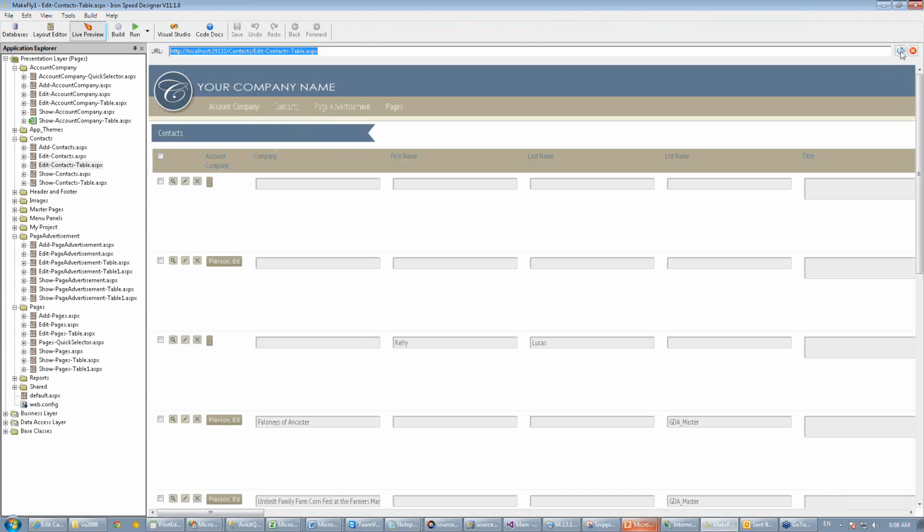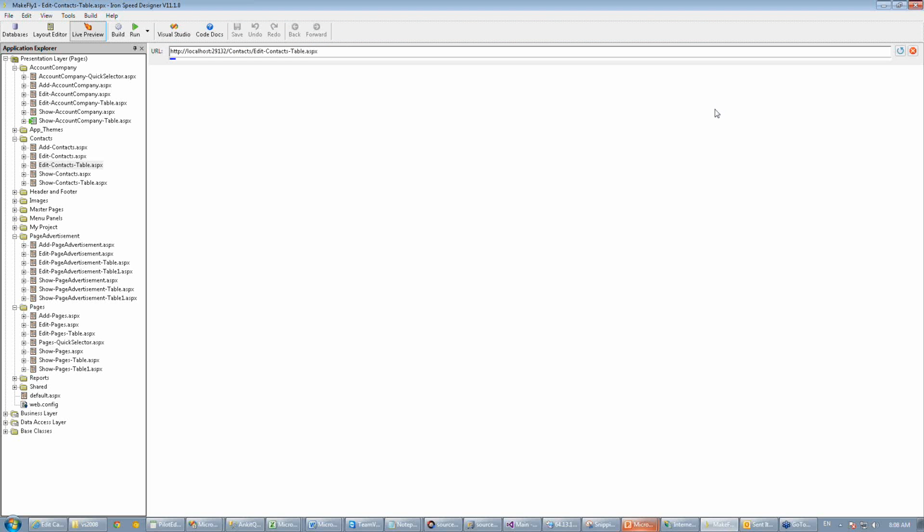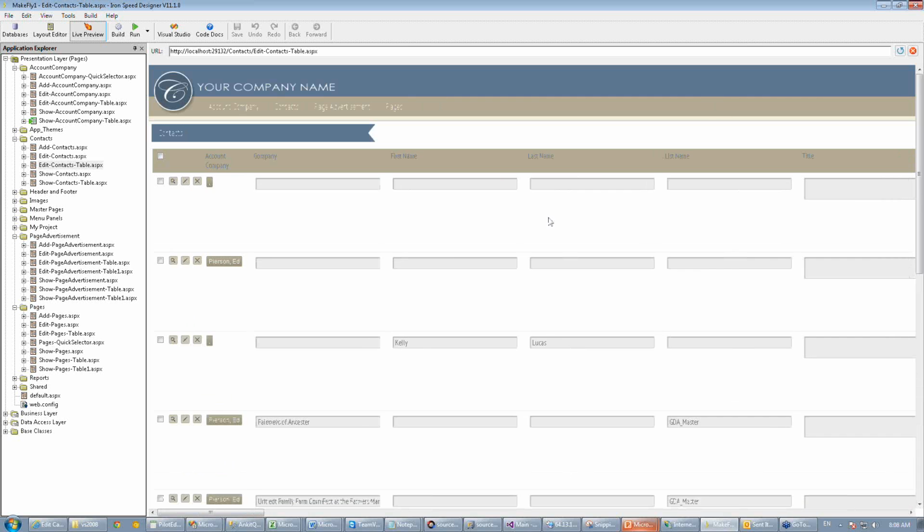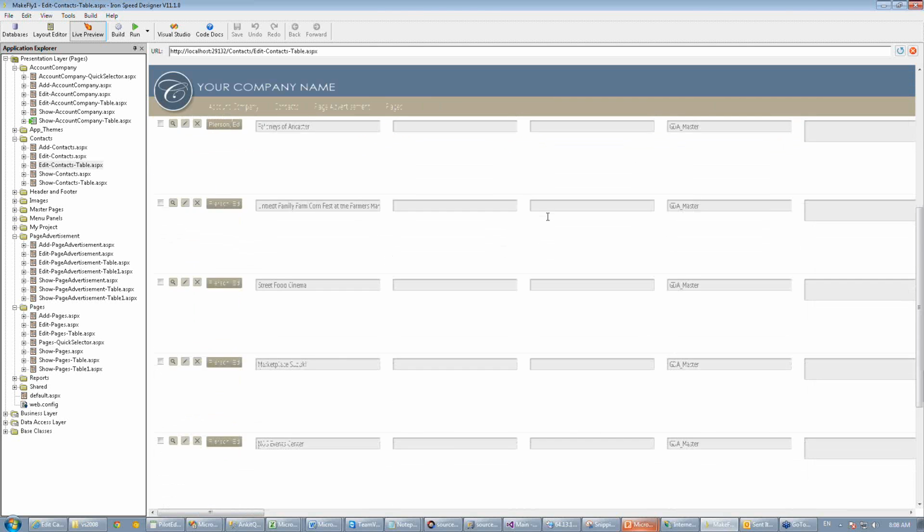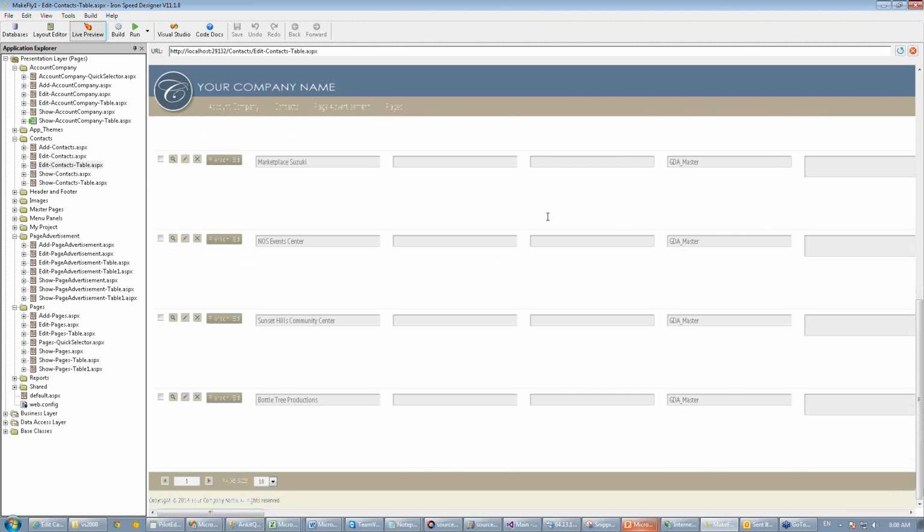If I refresh this, it's not timing out as I promised, but this page is not really super fast. You can see it takes quite a bit of time to refresh and to load, and there's my data. It's some edit page from some table. Basically, for the purpose of this webinar, to show how a page could be slow, very slow, and unbelievably slow,